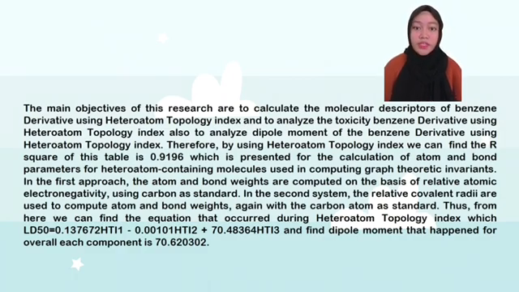Thus, from here we can find the equation that occurs during heteroatom topology index, which is LD50 equal to 0.1376 HDI1 minus 0.0101 HDI2 plus 70.4836 HDI3, and the dipole moment that happens for overall each component is